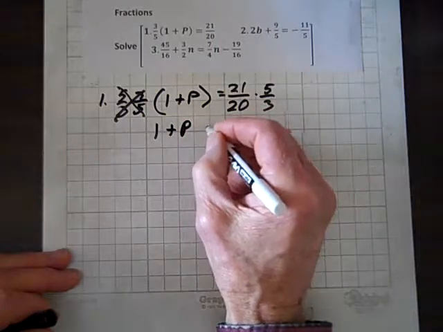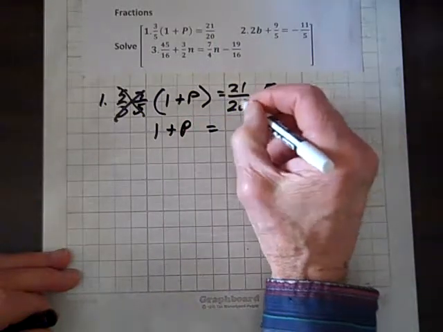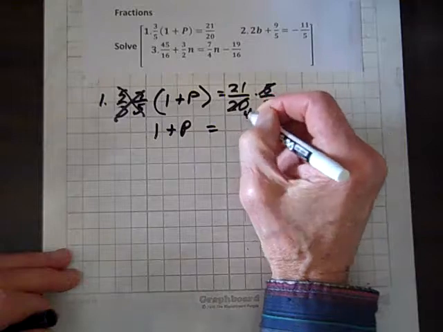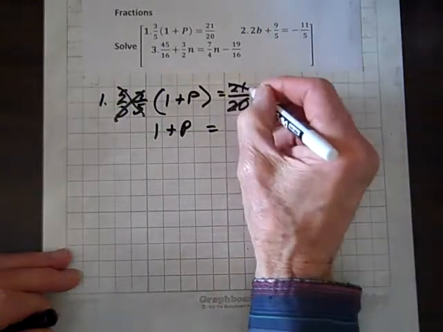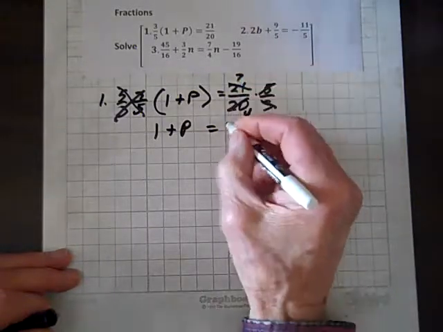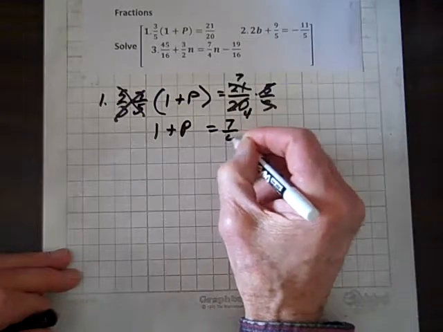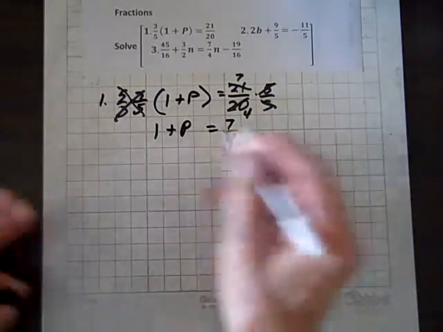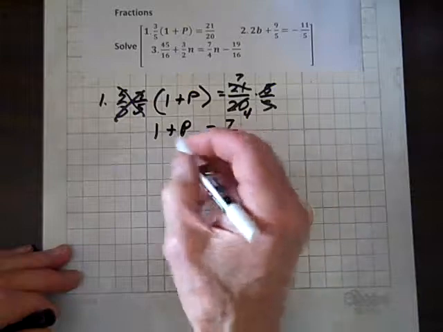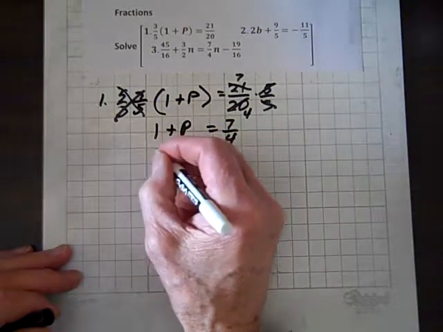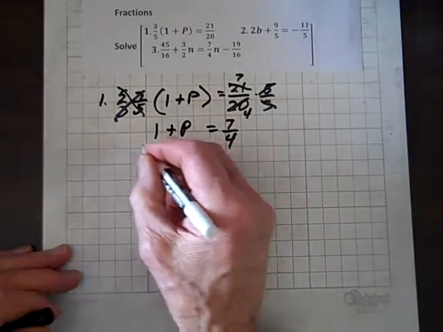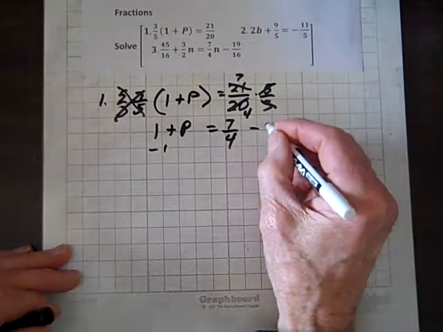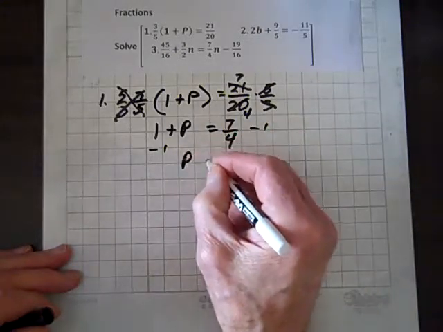p on the left. And 5 goes into 20 4 times. 3 goes into 21 7 times, so now we have 7/4. Now, we'll subtract 1 from both sides, minus 1, minus 1, and what we have is p equals